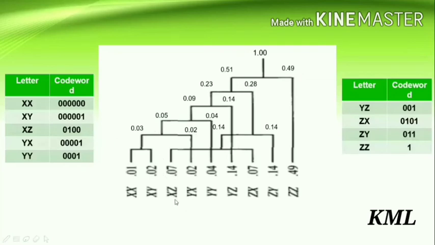So now for XZ. So go to the root. So we get 0, 1, 0 and 0. Okay. So we get 0, 1, 0, 0. So remember, for left subtrees you have to assign 0 and for right subtrees you have to assign 1. Okay. So for next YX, what do you get? So go to the root. So we get 0, 0, 0, then 0 and 1. So 4 zeros and 1.